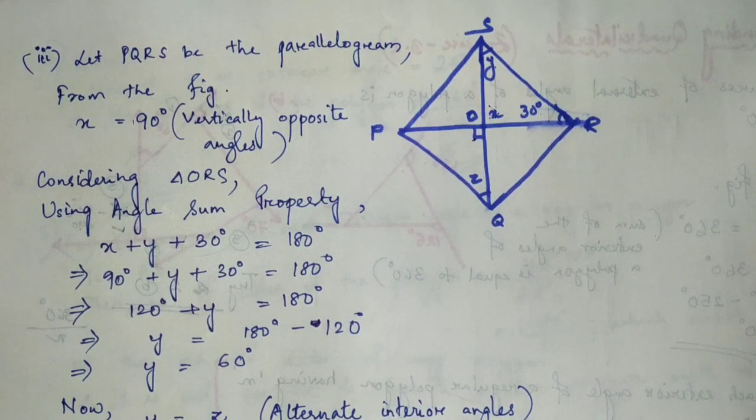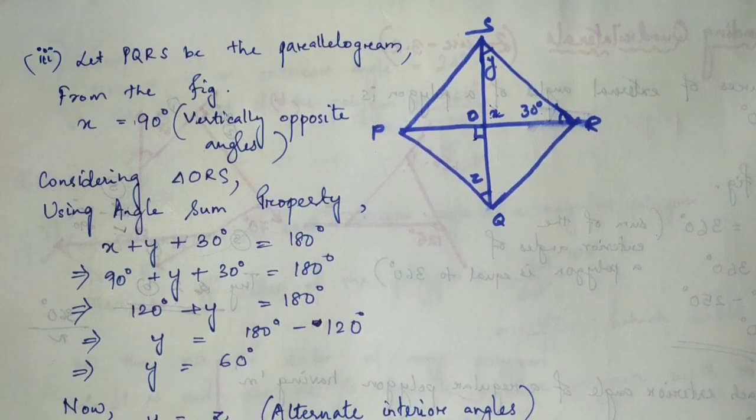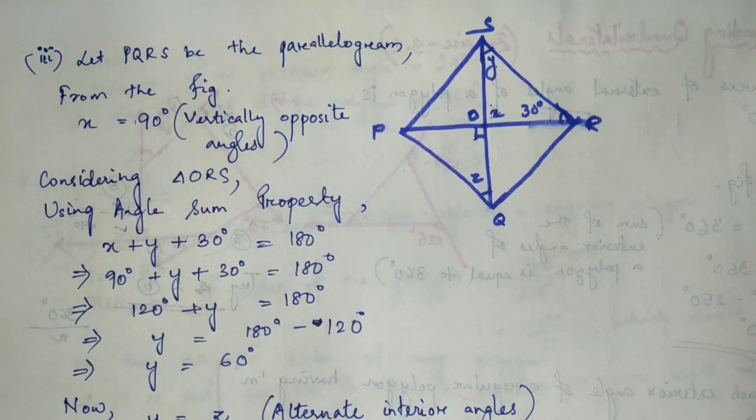And please write down the conditions, why they are said to be equal or why their sum is equal to 180 degree. So go back to the properties. There are 3 or 4 properties, and then you will be easily able to solve this. So now I hope the explanation was helpful.